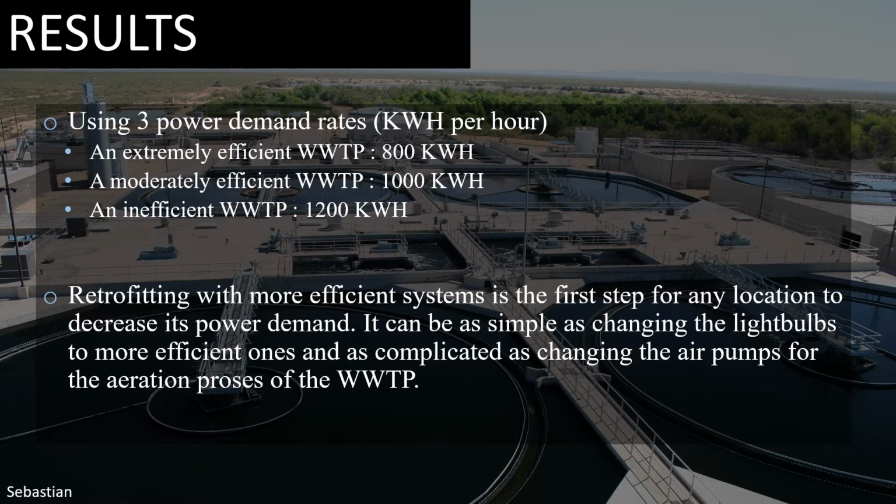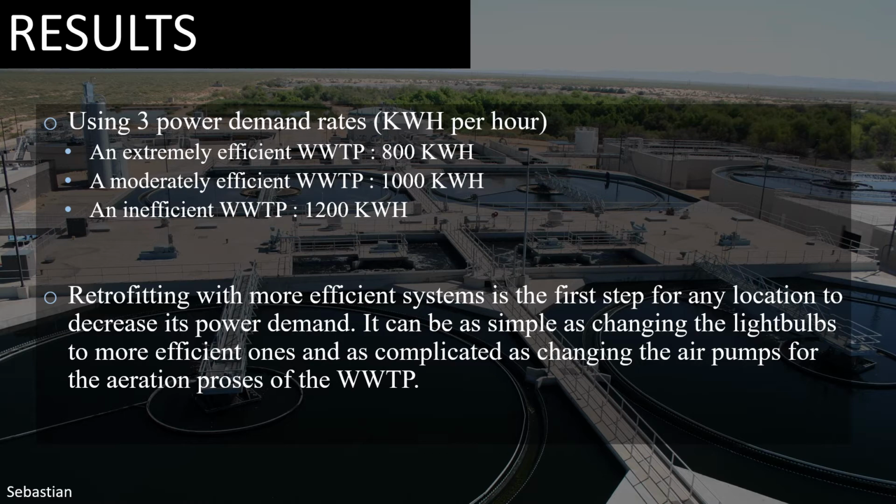So for instance, we talk about 3 levels of efficiency. An extremely efficient wastewater treatment plant should be around 800 kilowatt hours. Moderately efficient will be at 1,000, and an inefficient one should be like 1,200 kilowatt hours. They scale up quite substantially with these values. And by also calculating these values, it helps us understand the fluctuation throughout the year. If there's a level of uncertainty of fluctuation, then you want to design for the most inefficient plant. But if not, then you want to design for the